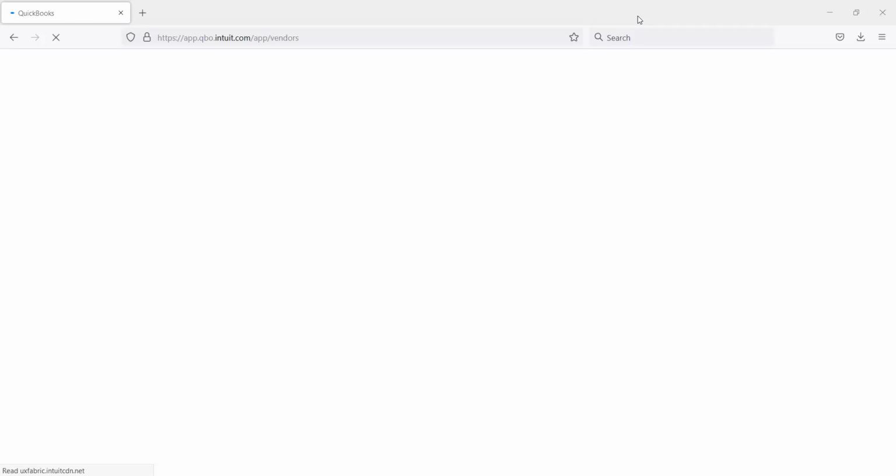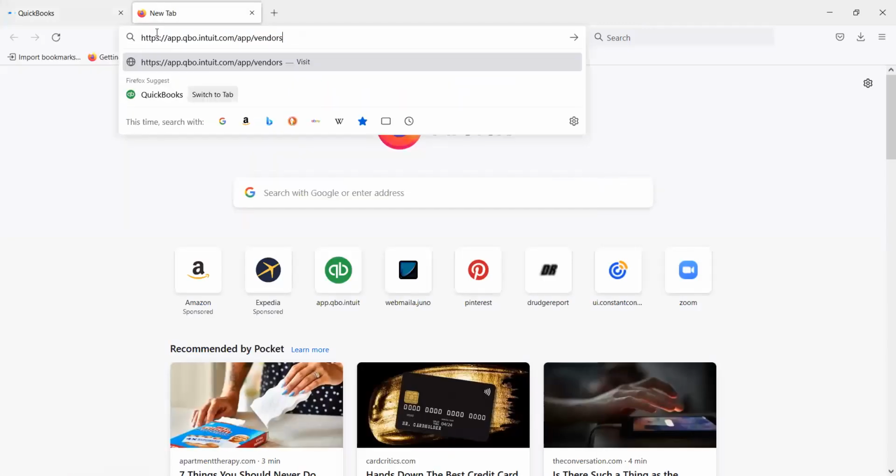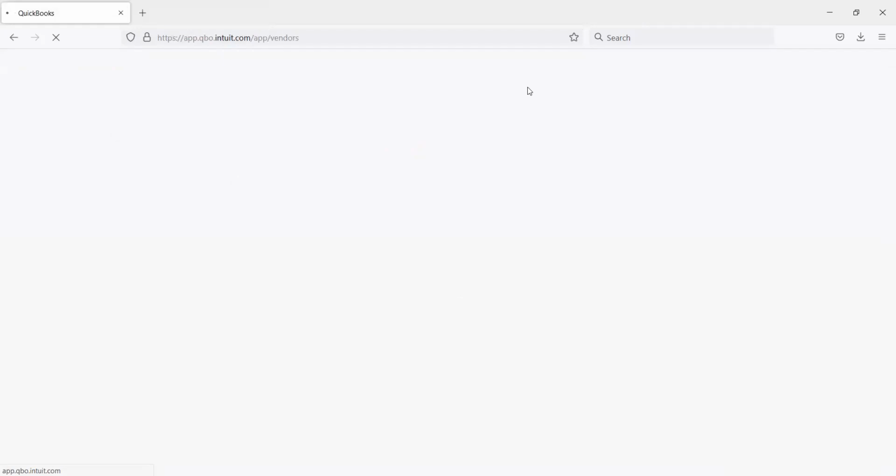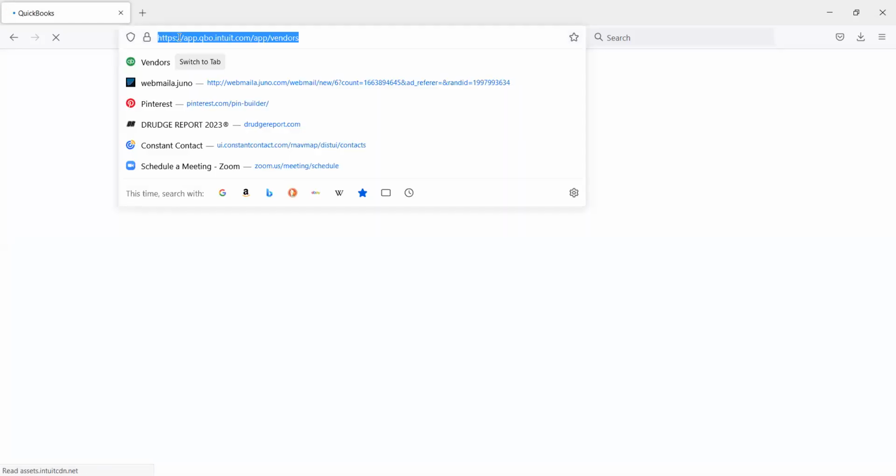I have too many tabs open probably. So when it reloads, eventually,